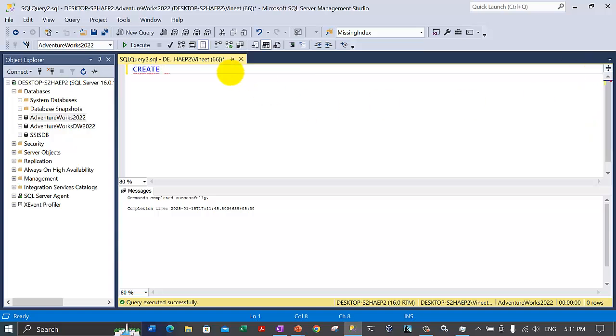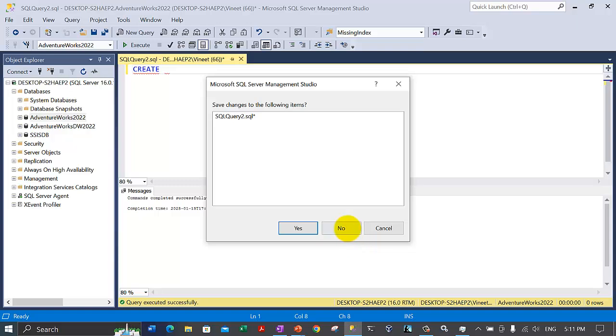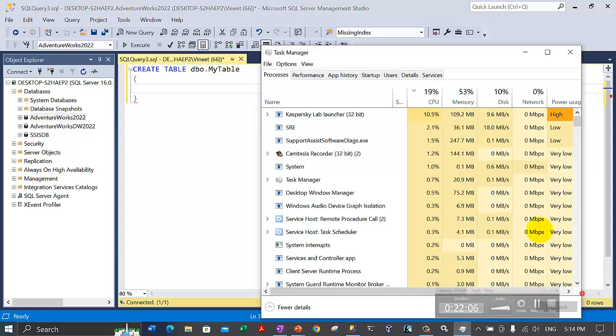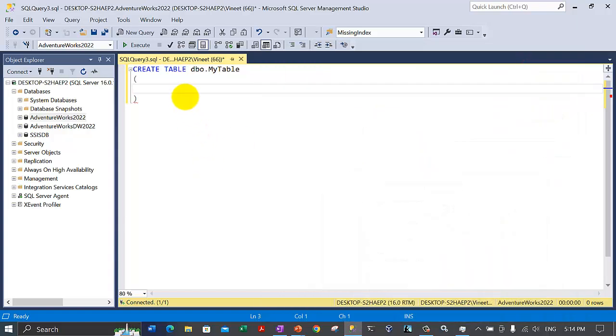So let me trigger a new query to create this table. Okay, let's create a table. You can write this code along with me. Create table MyTable is the table name we are creating. Let's define the structure of this table. Alright guys, let's continue. So we were making the table. Let's take some columns here. So let's take the first column as my BigInt column. The name of the first column will be BigIntColumn,